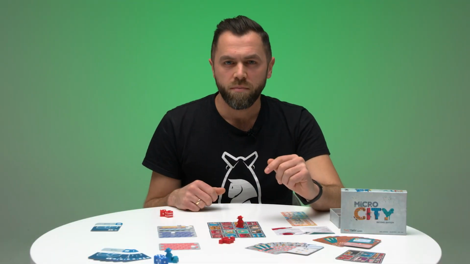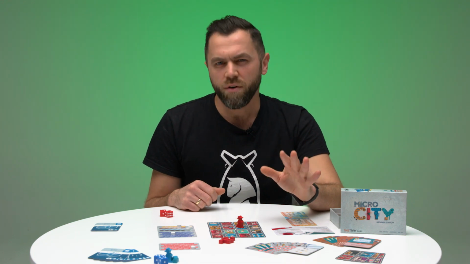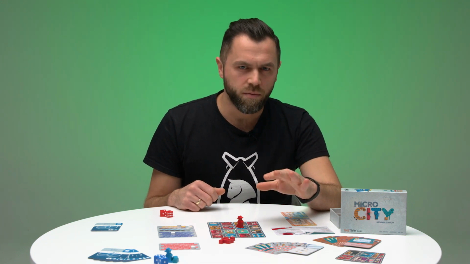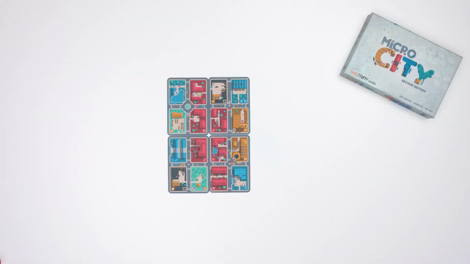In the co-op mode, players work together to reach the same goal as in the solo mode. There are a few changes in the gameplay and the setup, so I'll explain them right now. Let's get into it. Okay, so in the two-player co-op mode, the setup is slightly different than in the solo